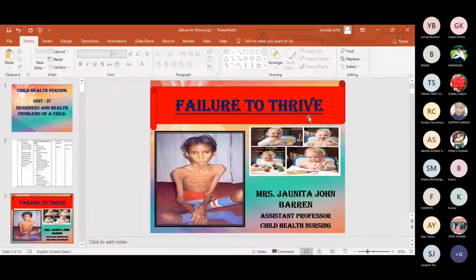What do you mean by failure to thrive? Failure means lack of success on anything, which is unsuccessful. And thriving means a person who is having difficulty in growing or developing. So failure to thrive, commonly, is failure to grow or to maintain a particular baby's or child's weight.